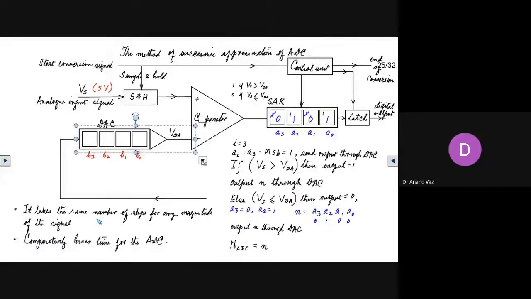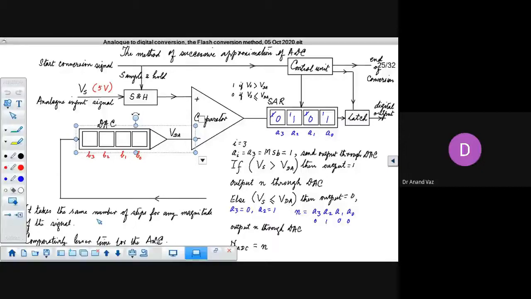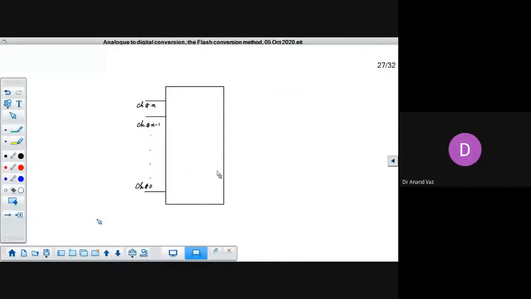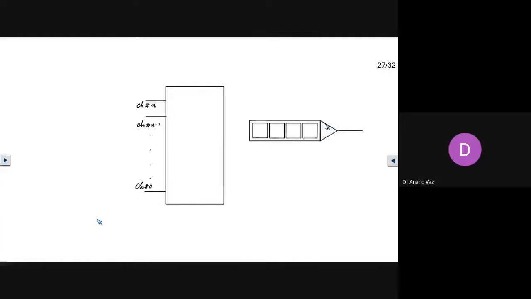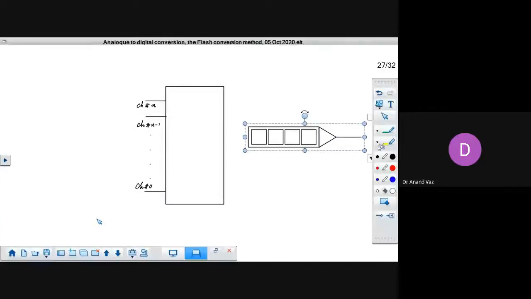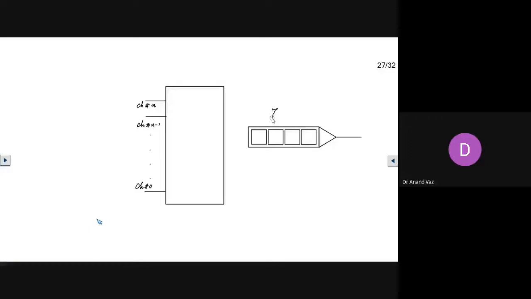Yeah, seems to be. So we have this flash ADC. Okay, we'll write it here, but we have only one. So this is a flash. That's because it's expensive. Flash analog to digital